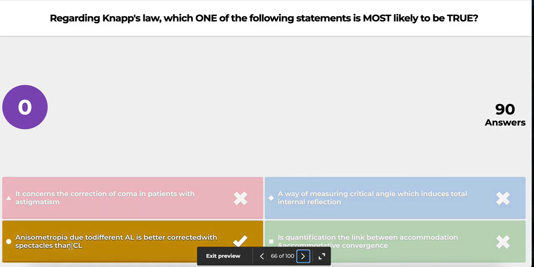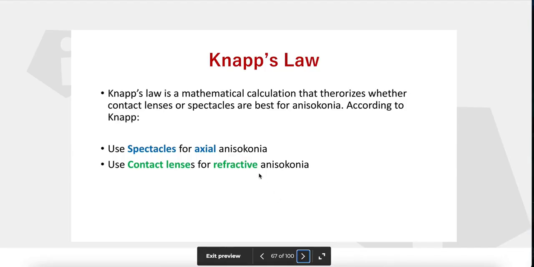Knapp's rule is a rule made by a scientist called Knapp. He made a mathematical calculation regarding anisometropia and aniseikonia. If the patient has aniseikonia, what will be the best method to correct it? How to decrease the aniseikonia to the minimum? According to Knapp,